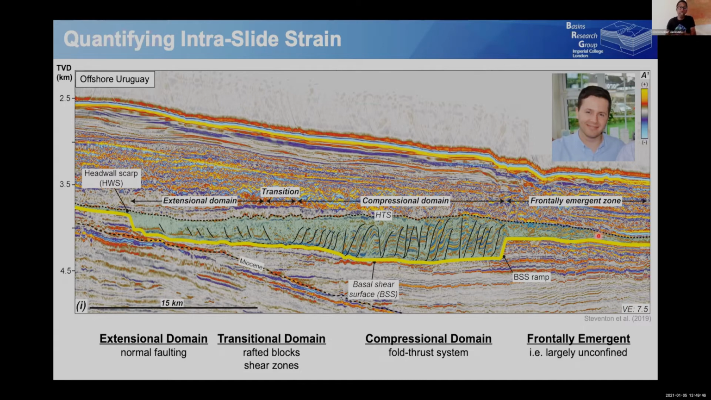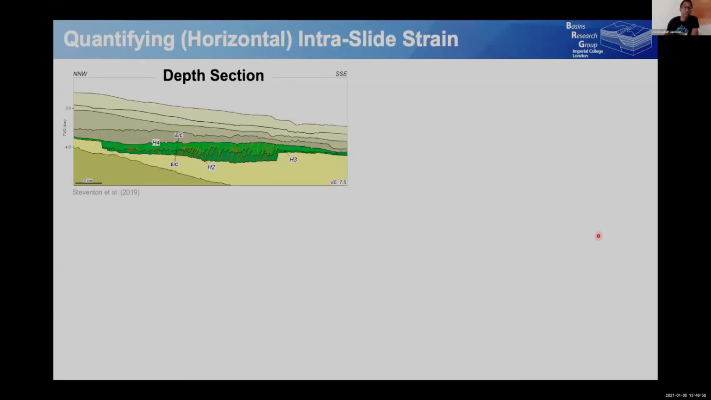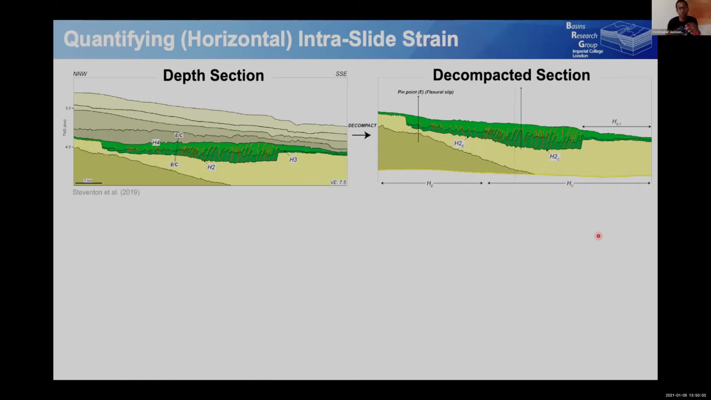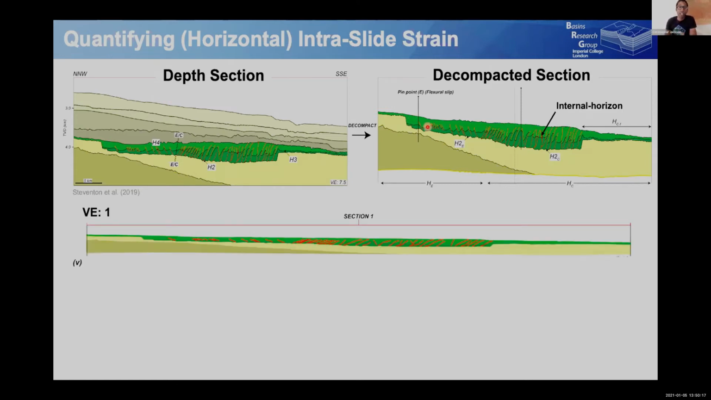So how can we quantify the strain occurring within that body simply beyond saying that there are these different structural domains? Well, what we did is we took a depth section. So we had a depth migrated seismic volume, which Mike interpreted in great detail. You then can decompact that. So we can remove these paler overburden layers in here and decompact the stratigraphy. We then can map internal horizons, and that internal horizon is going to be important for quantifying the strain in this example. We then can put that at 1-to-1 to give you a real sense as to what the body